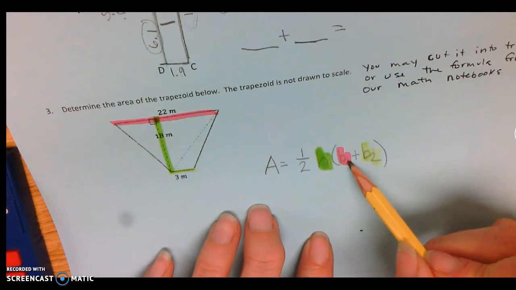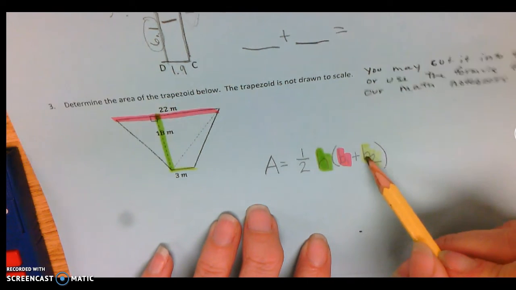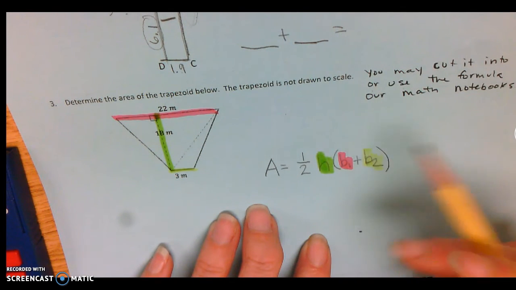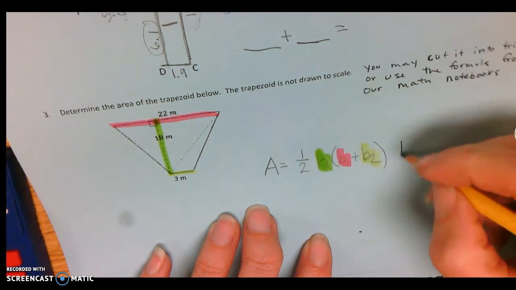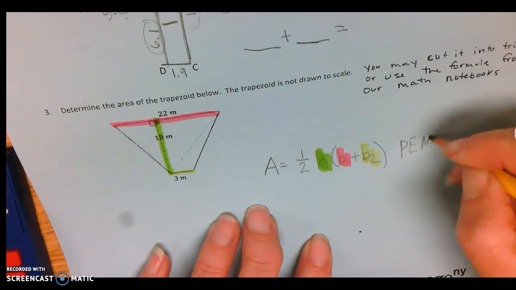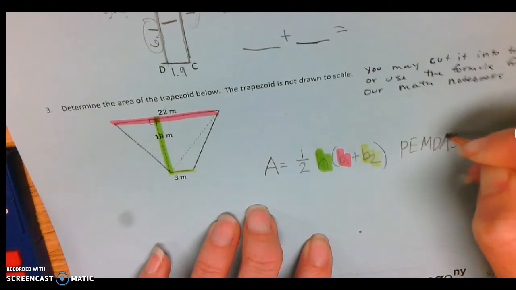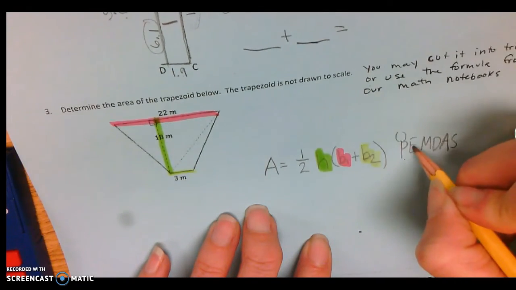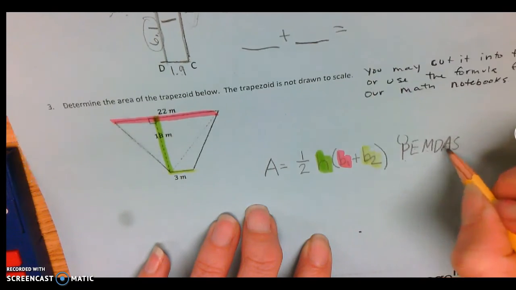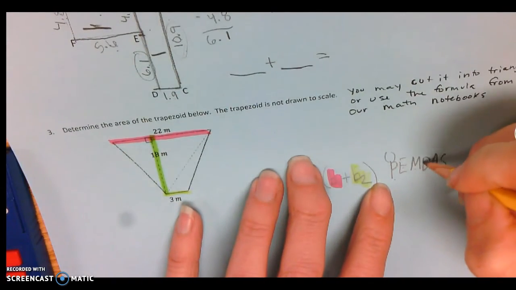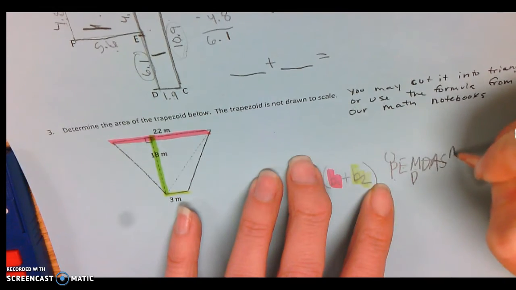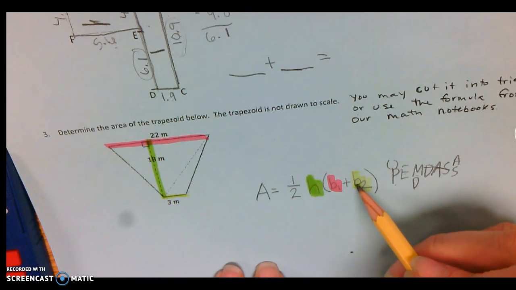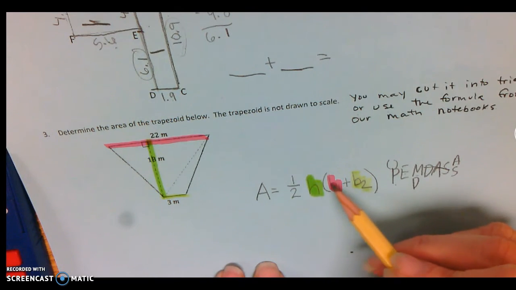So now all I have to do is use substitution and remember the order of operations to solve this problem. So I would plug in the length of the B1 and the B2. I would add those together because PEMDAS, parentheses. We haven't done our 20 things to remember in a long time. PEMDAS, parentheses, exponents, multiply, divide, add, subtract. Why did I write it like that? Multiply, divide, add, subtract. So I know I need to solve this first,